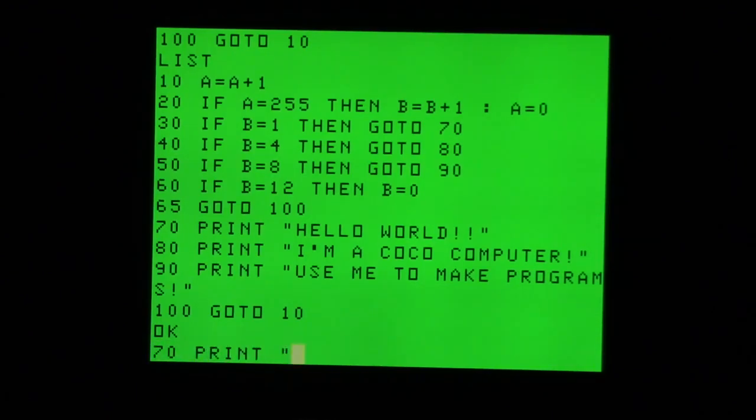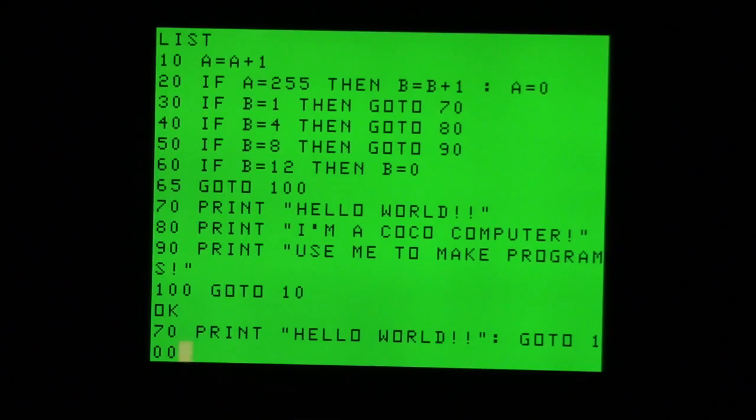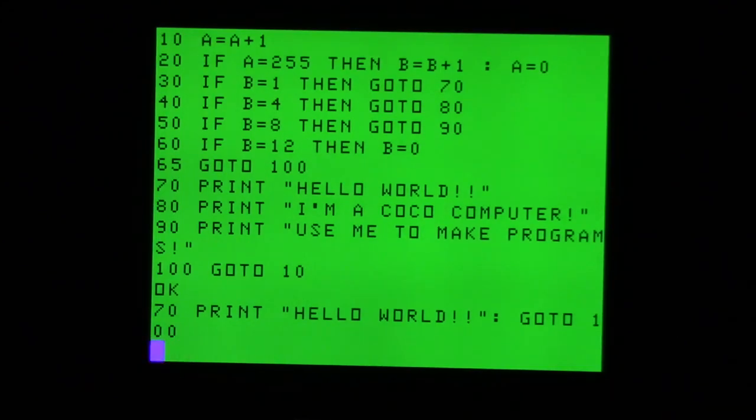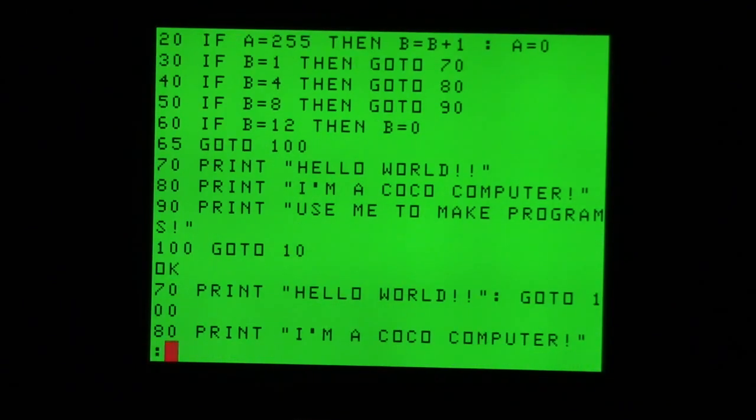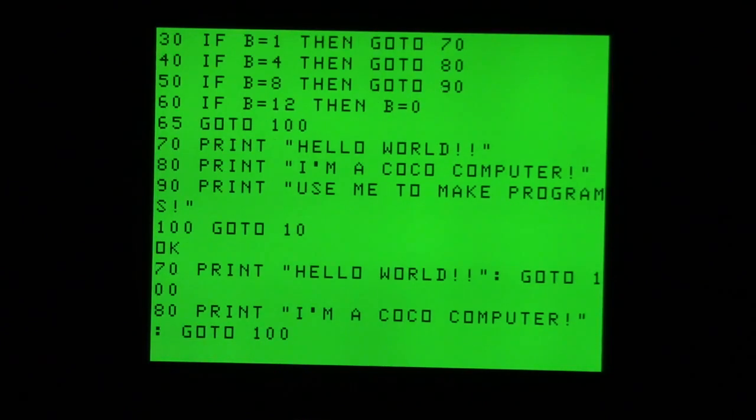Print hello world. Now I don't want it to print the other things yet. So I'm going to say go to 100. Okay, and I'm going to do that with each of these. Print I'm a Coco computer. I only want it to say one of these messages as it goes. Go to 100. We're going to say 90. Print